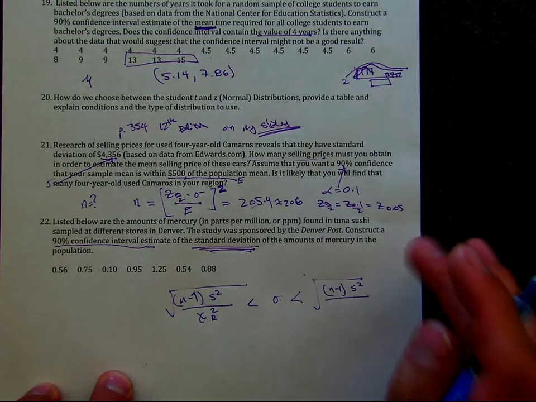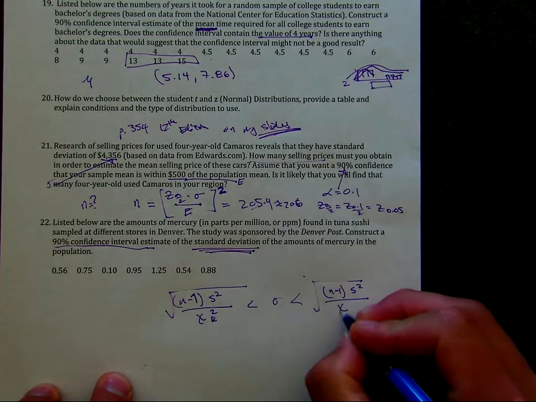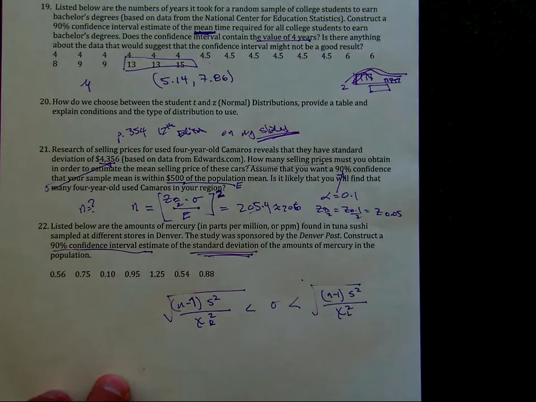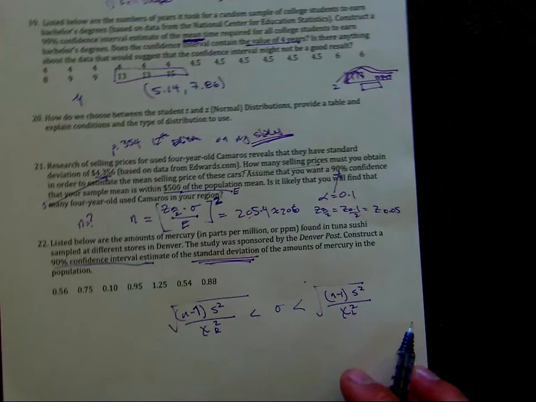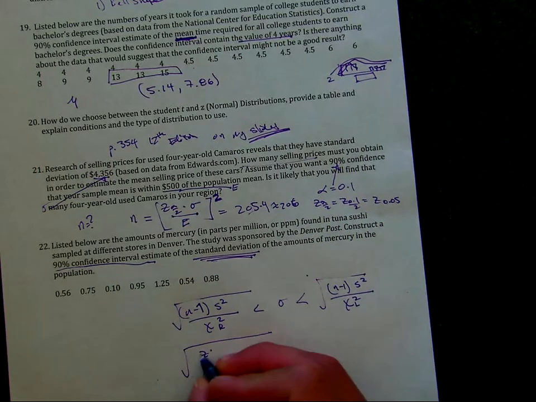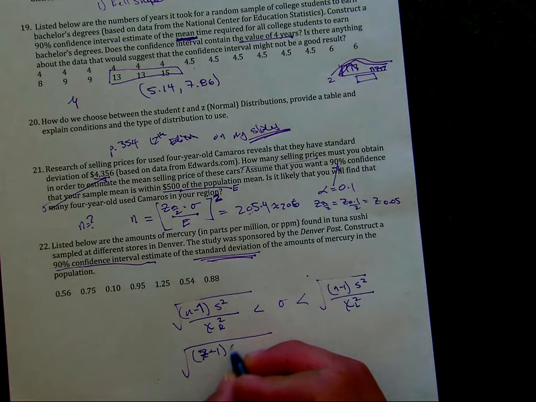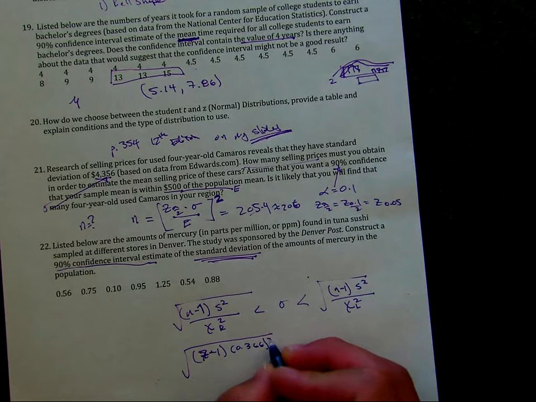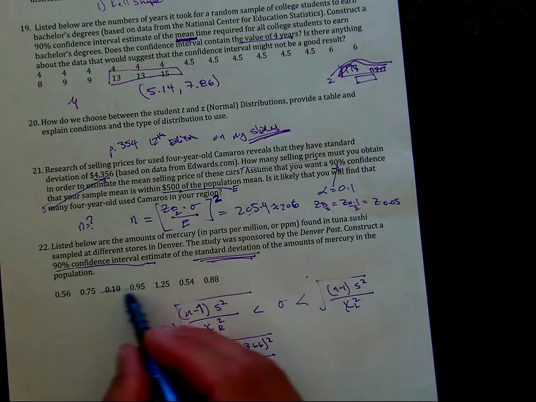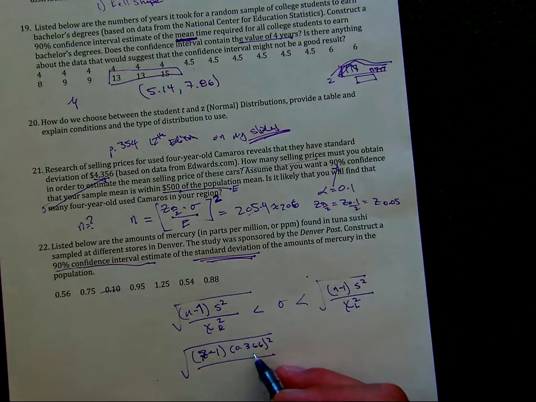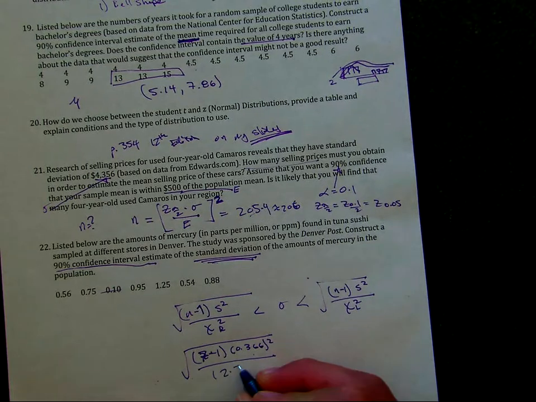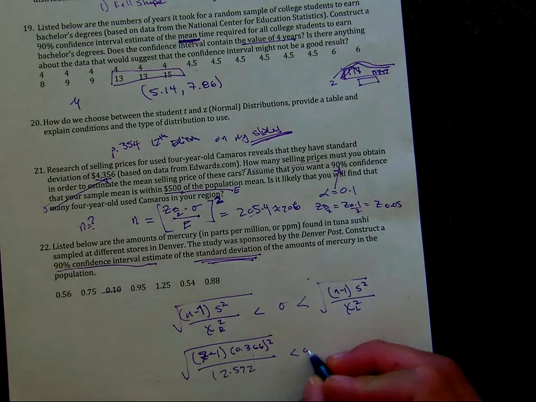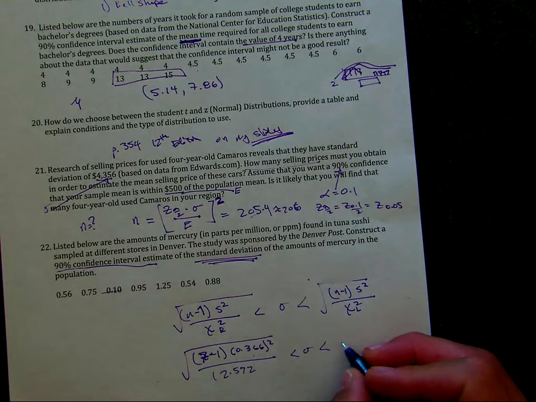Now, I will fill in all this so that you can see. 7 minus 1 times 0.366 squared. Basically put these all into that one variable stat, calculate it, you should get a sample standard deviation, and you square it to get the sample variance. And then 12.592 is less than sigma, is less than 7 minus 1 times 0.366 squared divided by